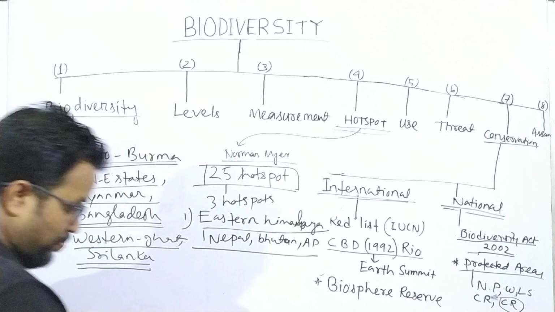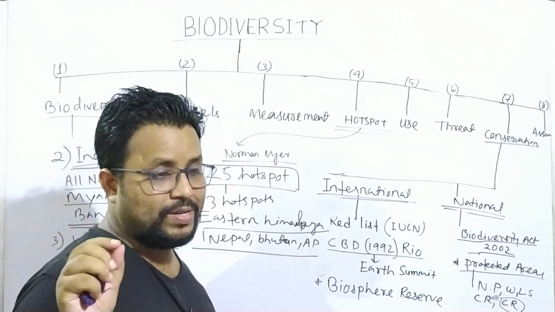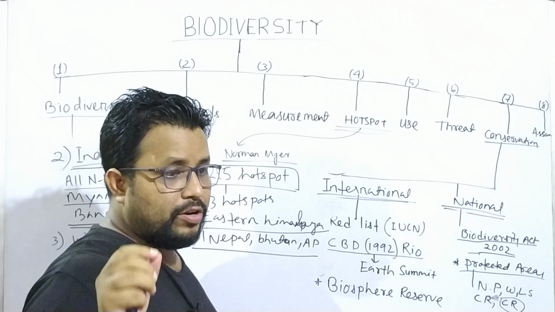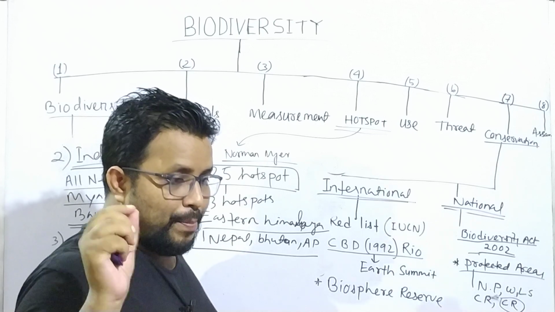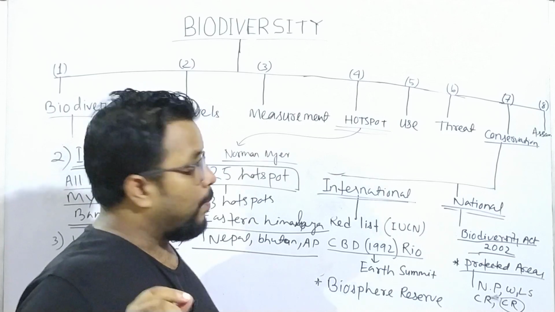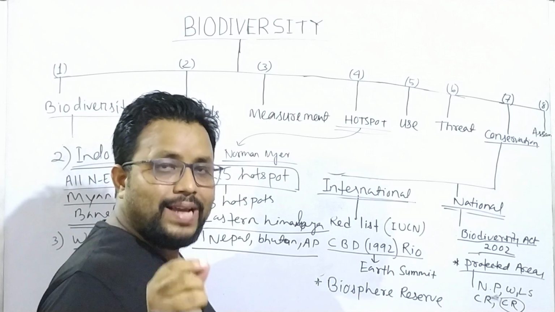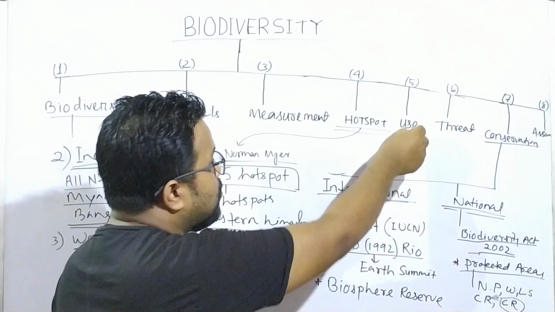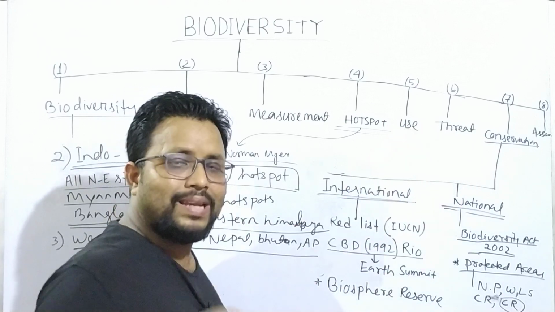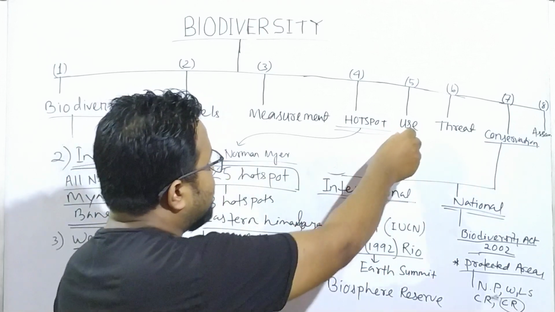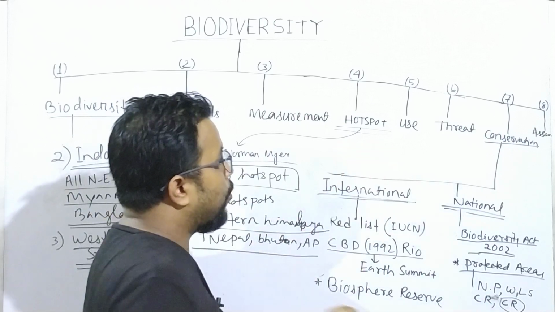Now, use of biodiversity. I think everybody knows what the uses of biodiversity are. It includes food, fibers, oil seeds, medicines. But for the uses, write in my comment section what the uses of biodiversity are. I have mentioned a few, but this is not enough. You have to write in a nice way. So this is your assignment.